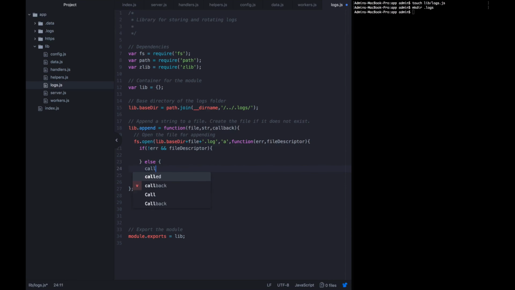Otherwise, we want to call back the error could not open file for appending. But if everything was fine, we want to append to the file and close it. So we will say fs.appendFile, which is a built-in function in that module. We want to pass it the file descriptor,